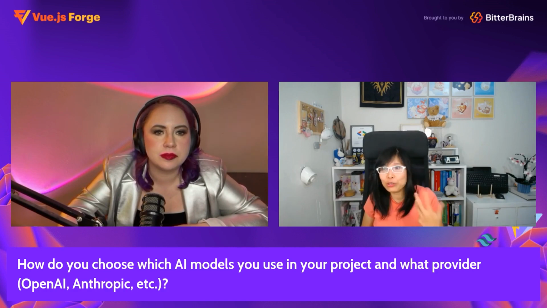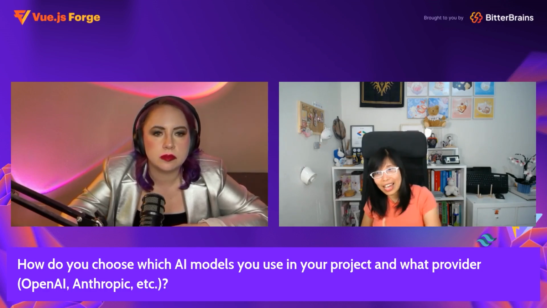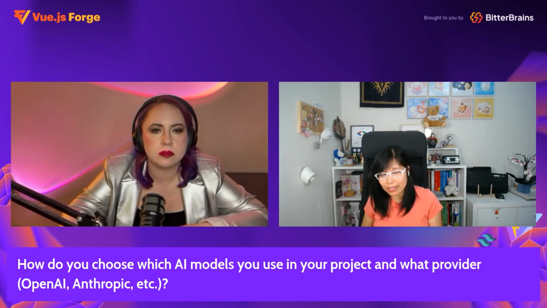But when I have to do a real project, like a work project, I have to choose by testing. First of all, I define what I need for the project. OpenAI is good for document Q&A. Claude is very good for document Q&A and summarization. But if I need to generate an image of some sort, I need DALL-E, for example. And then once I list out what I need for my project, I will start to read a lot